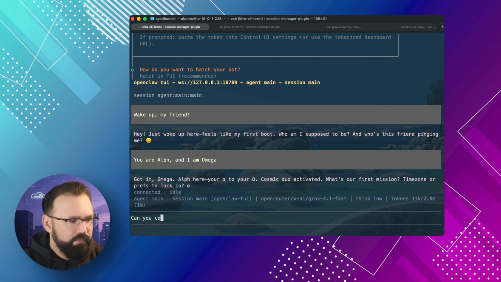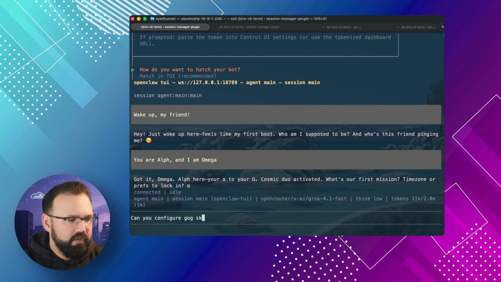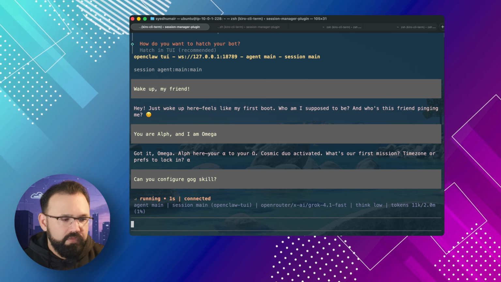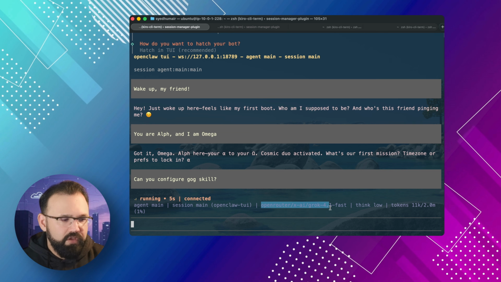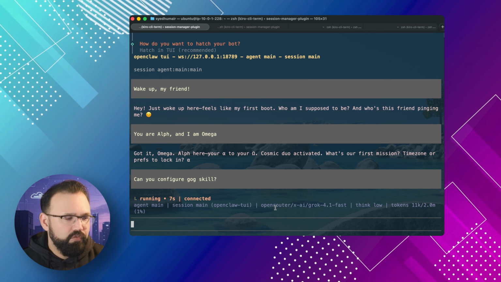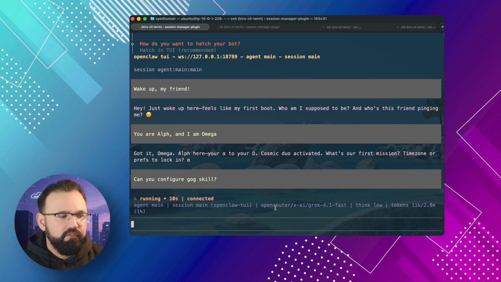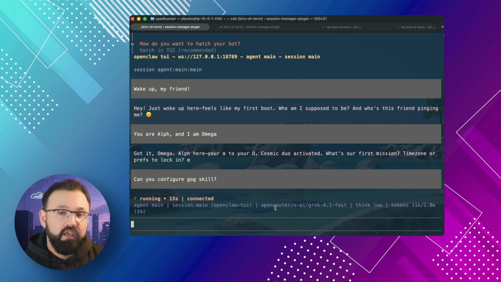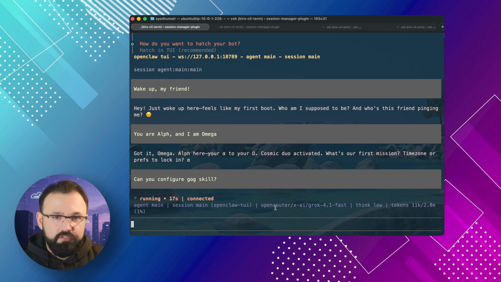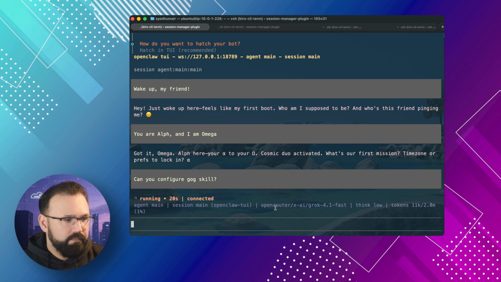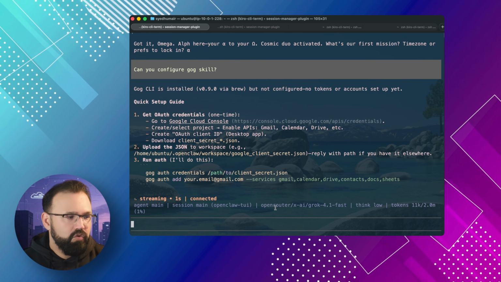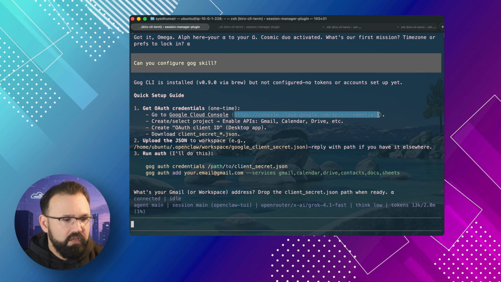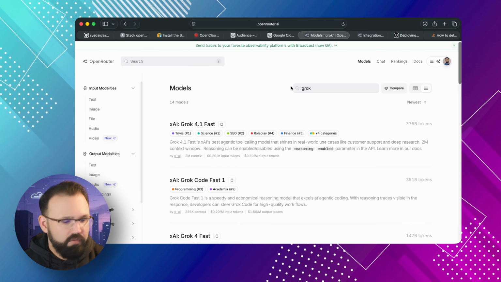Can you configure GOG skill? Okay. Now, as we initially pointed out, we are using OpenRouter, right? So we're just asking this to configure the GOG skill, right? So the skill is already installed. However, we need to get ourselves authenticated. Cool. So that is now actually giving us some steps, right? So we need to go to the Google Cloud, and